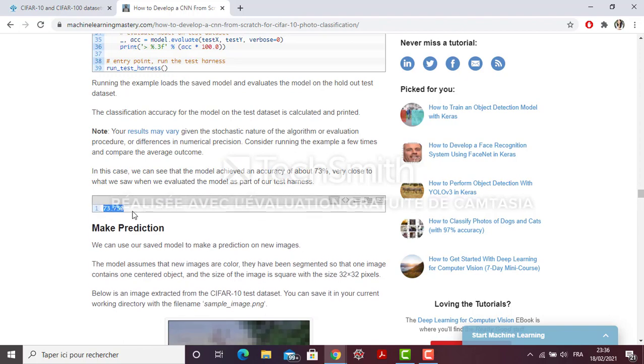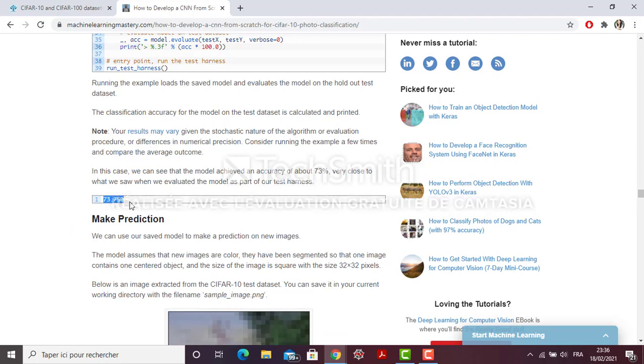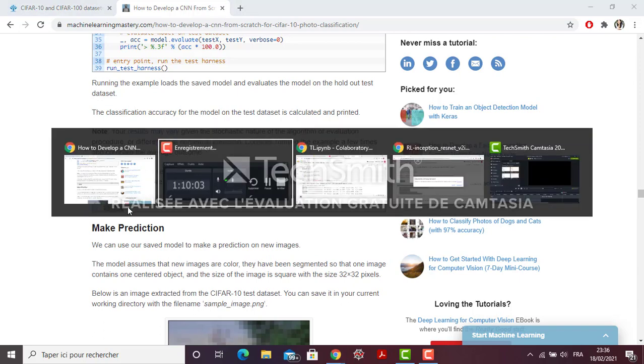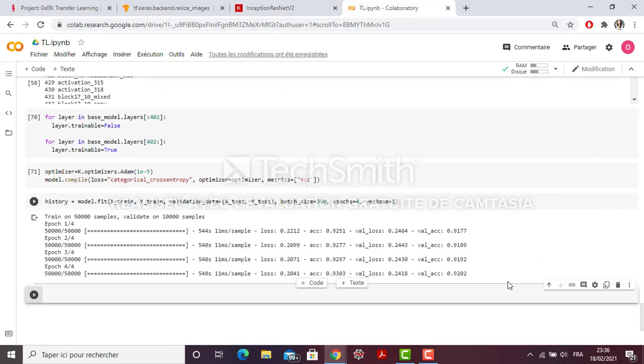Okay, so if you are building from scratch, you will have this low accuracy, but with transfer learning you have a very impressive performance. Okay, so as you can see, transfer learning is very important for computer vision. Okay, so if you have the same related input as the pre-trained model from Keras or TensorFlow, you can directly go and use transfer learning.